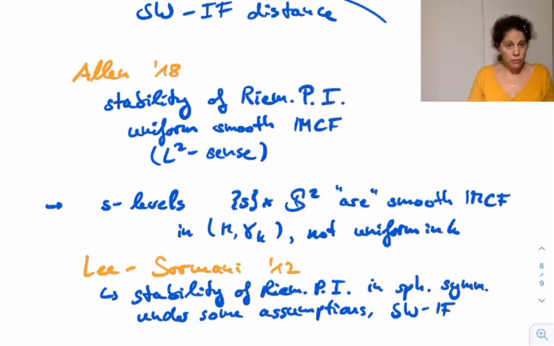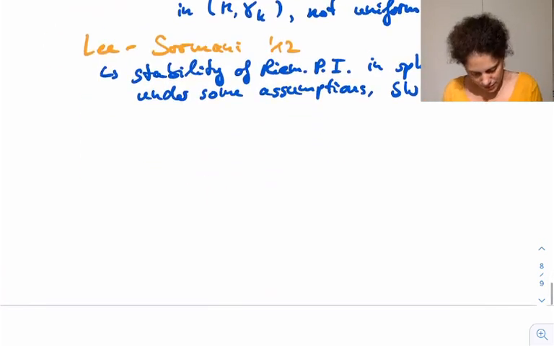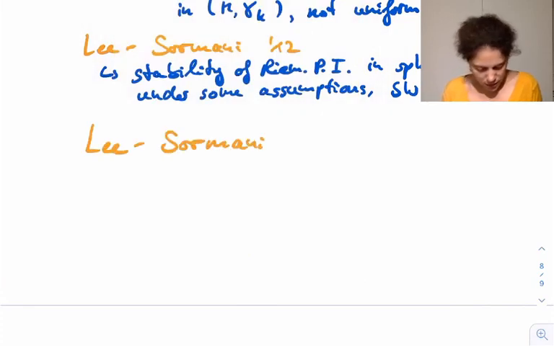I want to make two more remarks on our result and its context. One is that this instability that Lee and Sormani discovered and that we generalized beyond spherical symmetry may be relevant for the discussion of the stability of the positive mass theorem, as is explained in Lee and Sormani's paper from 2014 on the stability of the positive mass theorem, where they conjecture when it possibly may be stable and unstable.